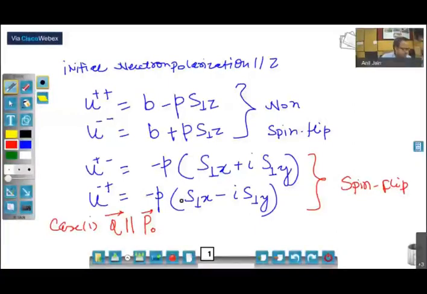In this case, please keep this always in your mind. If your scattering vector is parallel to P, the initial neutron polarization, then all magnetic scattering goes to spin flip, because you cannot sense the moment component along the Q. So it means this S perp z becomes 0. So please always keep in mind that when Q is parallel to P, all magnetic scattering goes to the spin flip channel.